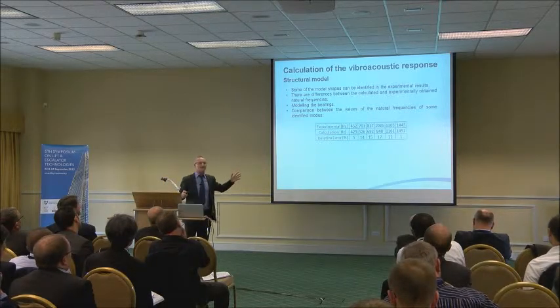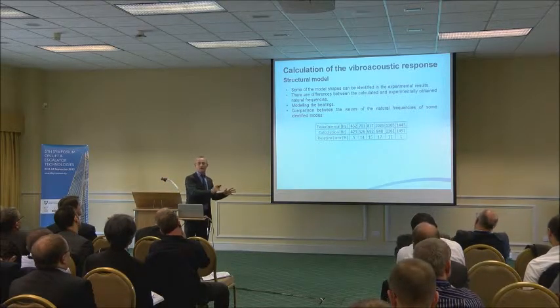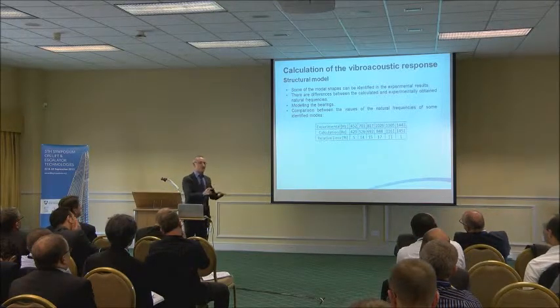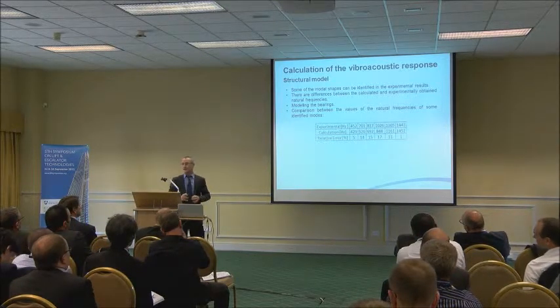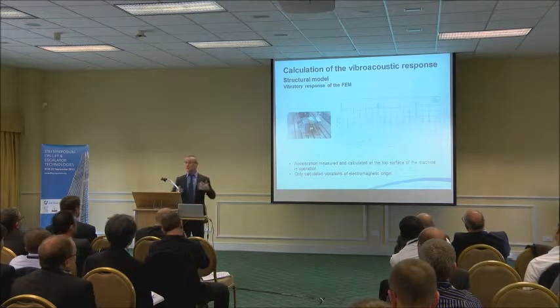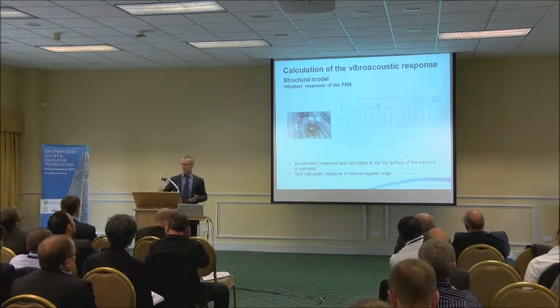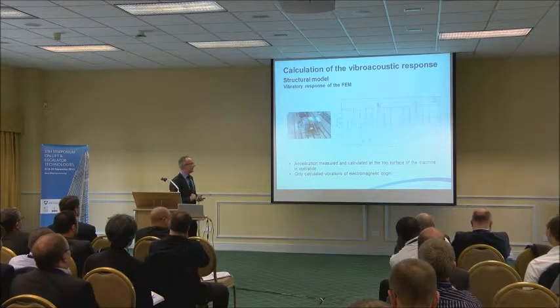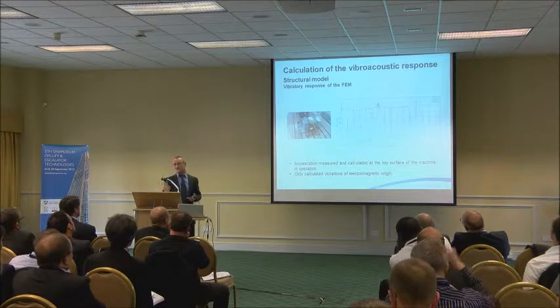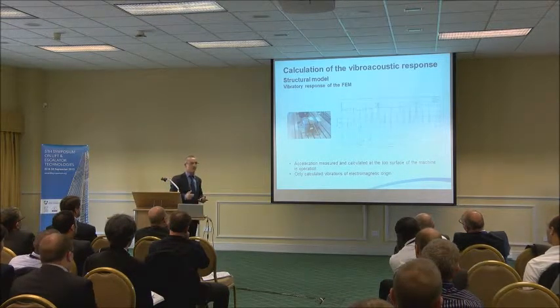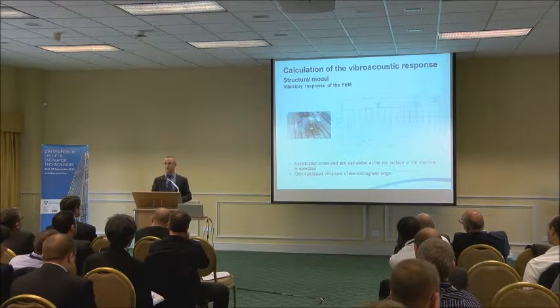Okay, so at the final step, we have our electromagnetic model and the structural model, and we have put the machine in operation, fed by a nominal tension without load, and we have made an operational measurement. We have put an accelerometer on the top of the machine in order to compare the measured acceleration with the one that our model is going to give.